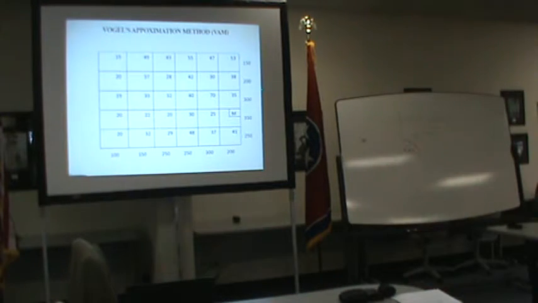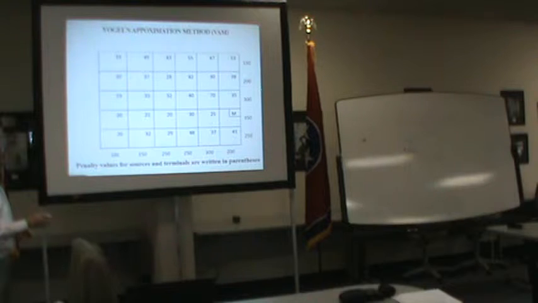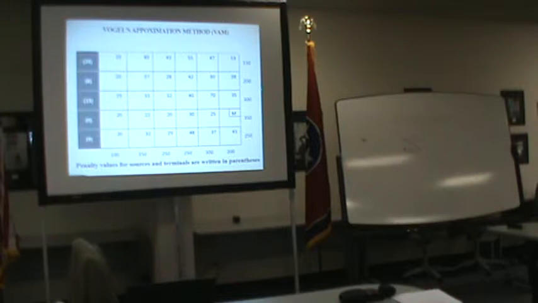So I'm elaborating that here. The penalty values for the sources and the terminals are going to be written in parentheses. For example, here, 24, why? Because if I don't use 19, the next one will be 43, so there is a penalty of 24. The penalty is for not having used the lowest cost. Okay, for the other one it is 8,